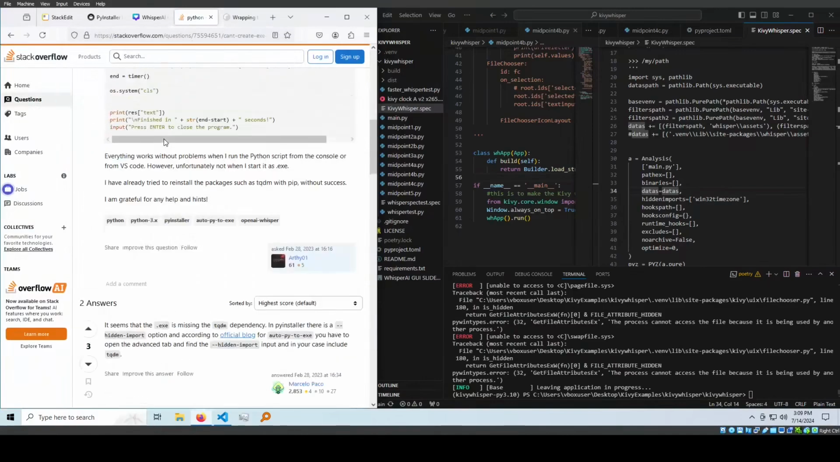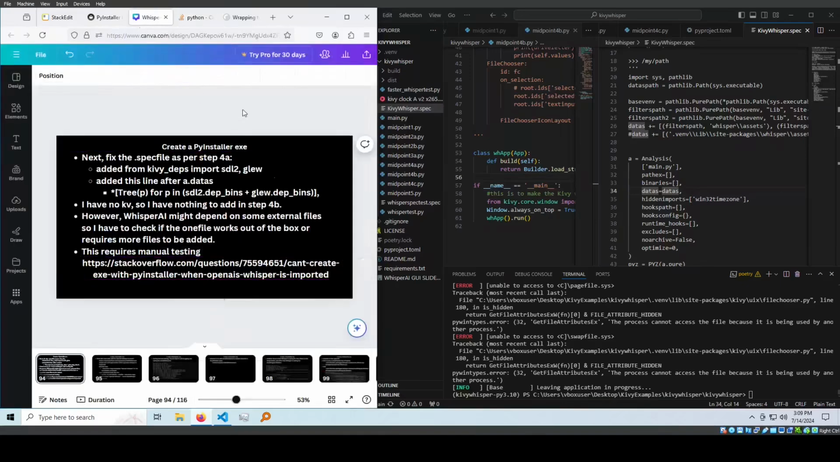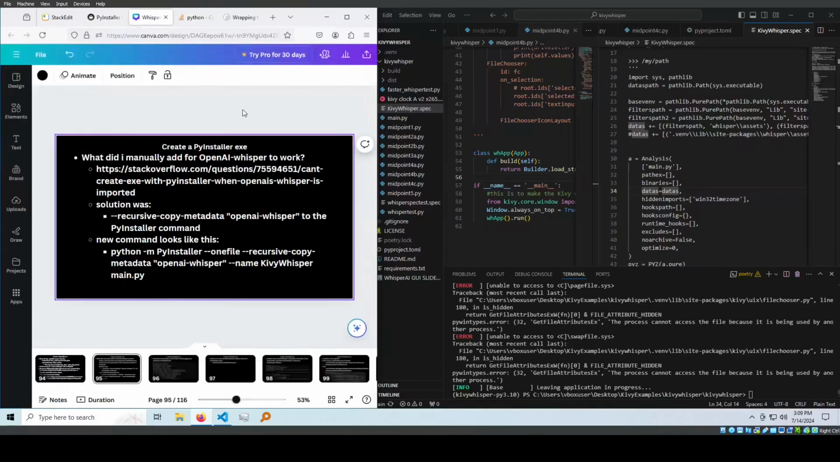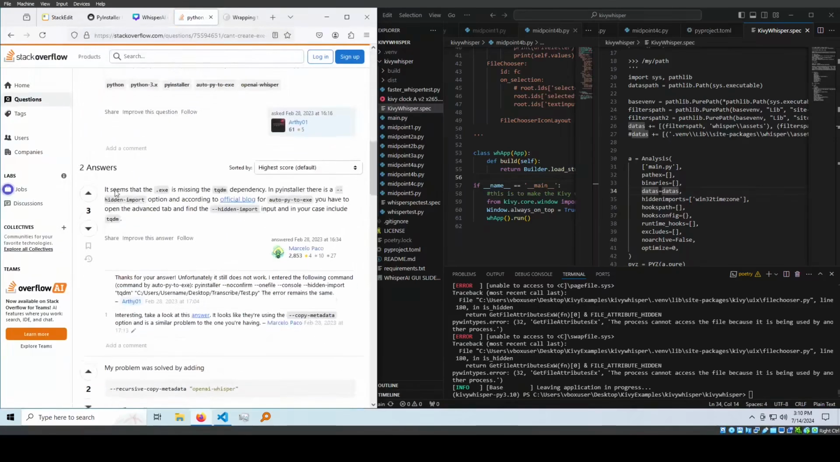So here they're going to say you're missing some hidden imports, which I will show you what I was missing. So what did I manually add for Whisper AI to work? So here, oh, it's the same one. Okay, basically,